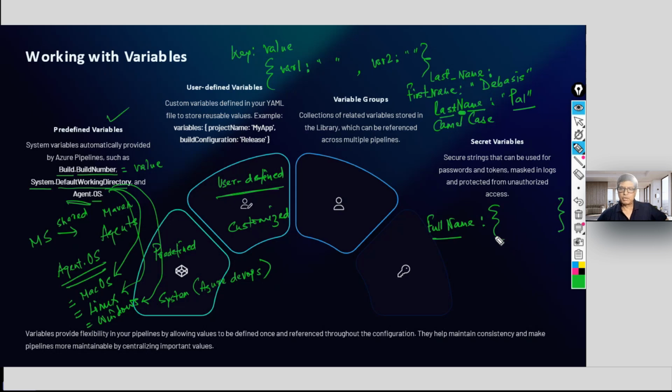So whenever you are referring to this full name, what will be the value displayed? How will you refer to that? You will say full name dot what? Anyone?